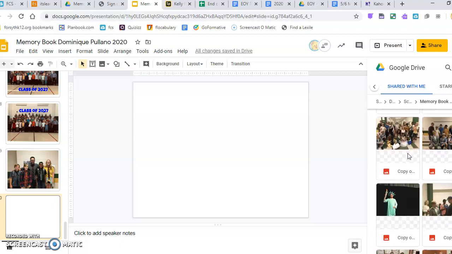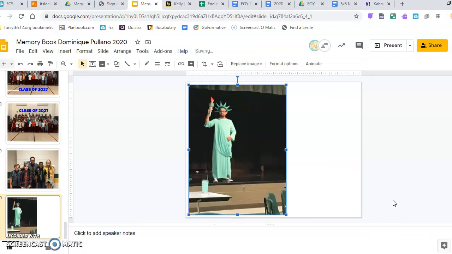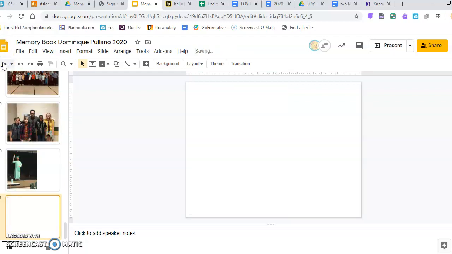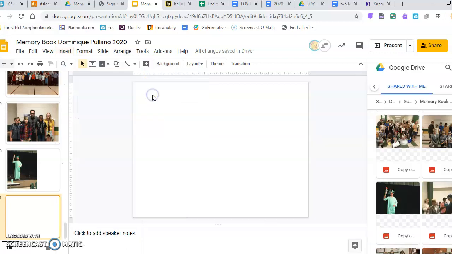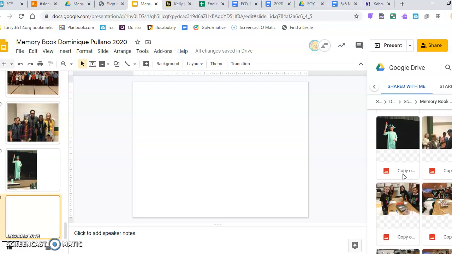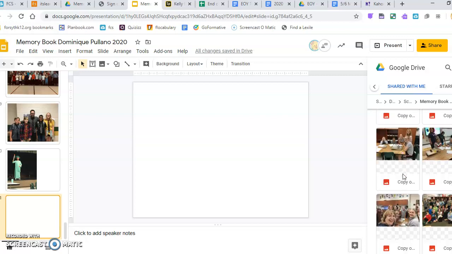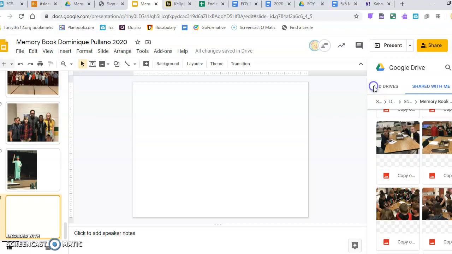So as I go here, I'm going to click, and there it is. You can change the background color. You can put a little caption here to remind yourself what's going on. And then once again, you go to the next one, you hit plus to create a new slide. And then as you do this and insert an image from your Google Drive, it will already default probably to the shared with you files, which would be the picture still. If not, you just scroll back and forth.